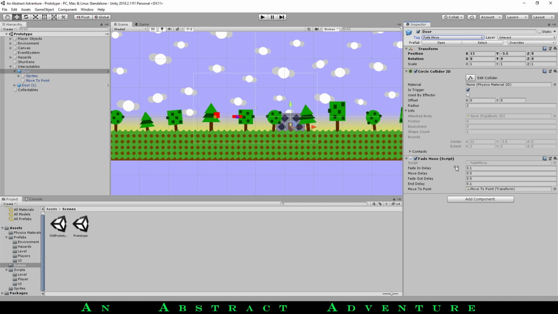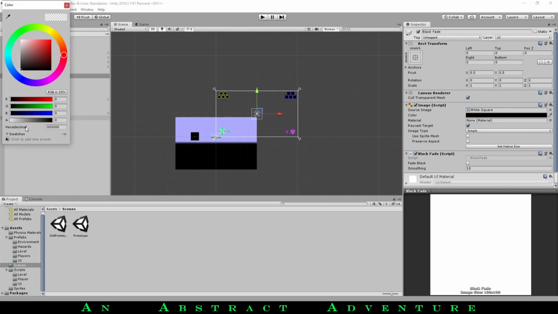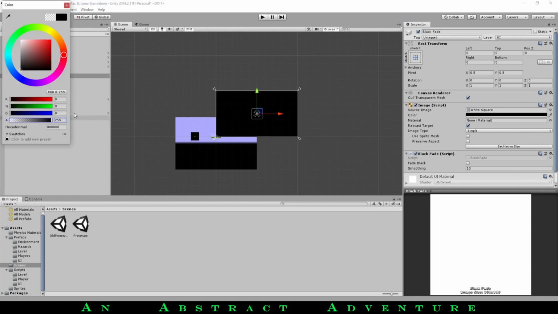Yeah, so then we also have a reference to the move to point that we have down here as a child object. Cool. So now how the actual fade is being done is over on the canvas. There's a new canvas thing that we now have, which is this giant black square rectangle called screen fade or black fade. And then we're basically just messing with the transparency on this to fade to black or fade